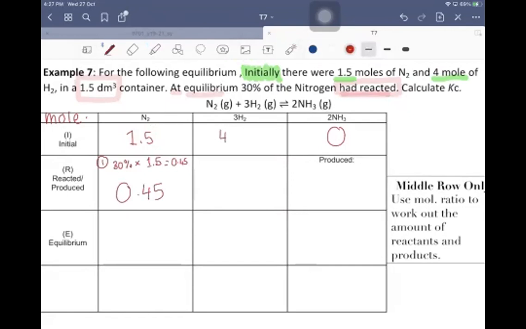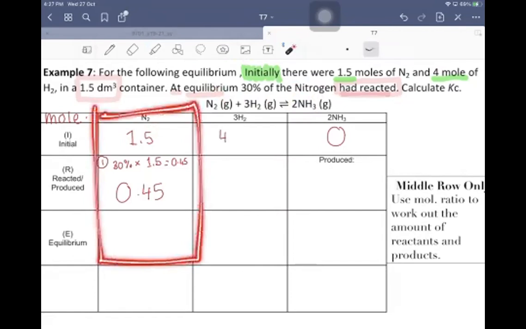Let's see, just to remind ourselves of the equation, 1 mole of nitrogen would need to react with 3 moles of hydrogen to form 2 moles of ammonia. Okay, so this time you know the reacted. You don't know anything about produced. You don't know anything at equilibrium. Now, if you notice